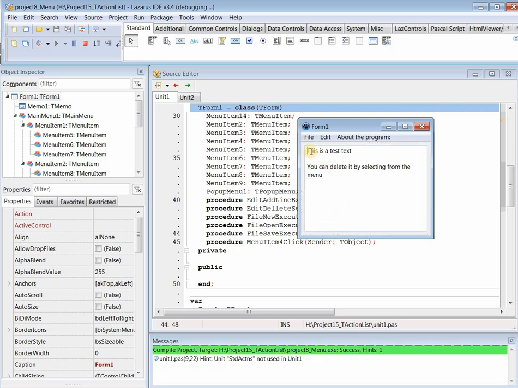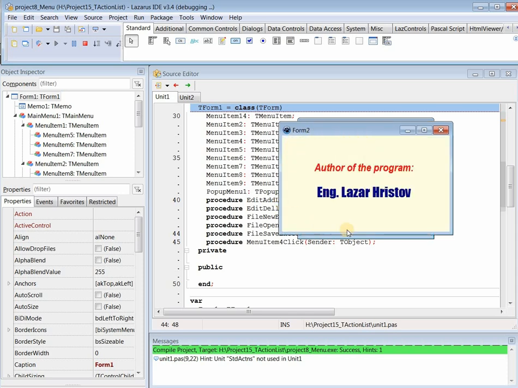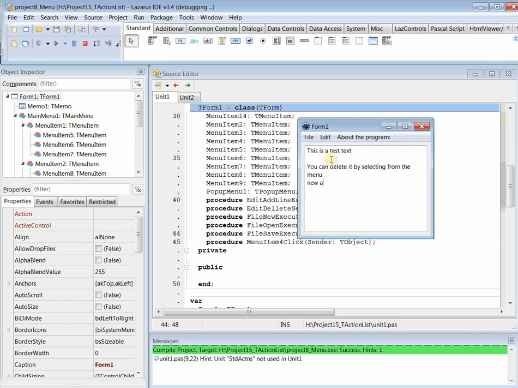And now, for example, we have some text here. We can go to Edit, here's a new line, to add a new line. We have an option to delete the selection. Here, for example, I'm selecting here. I'm choosing to delete the selection. We delete this. This is how the menu opens.